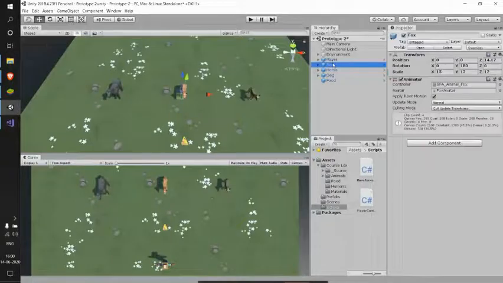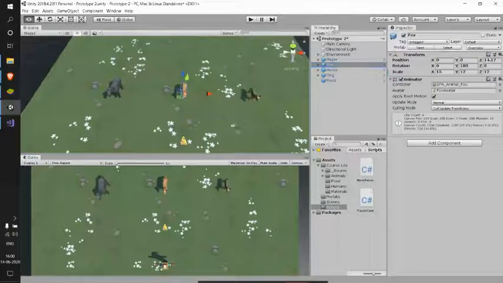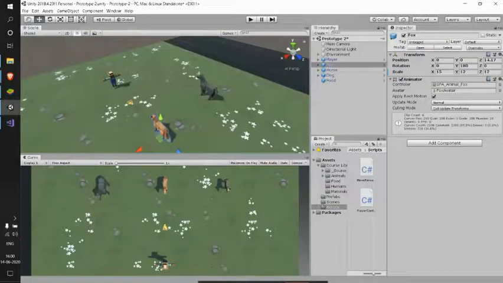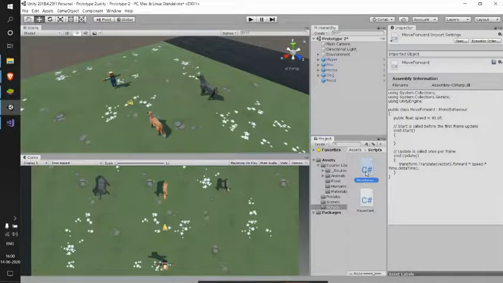For these animals, this particular direction is forward. I have written the move forward script so that if we attach it to any game object, it will move that game object in its forward direction.